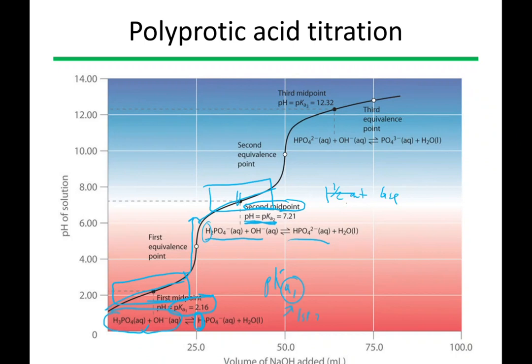When we get to the second equivalence point, we're going to see another steep jump as we've neutralized now all of the H2PO4. Then in this case of phosphoric acid, which has 3 different acidic protons, we will see the last buffer zone where we're losing the last proton. The middle of this range will be our pKa 3,